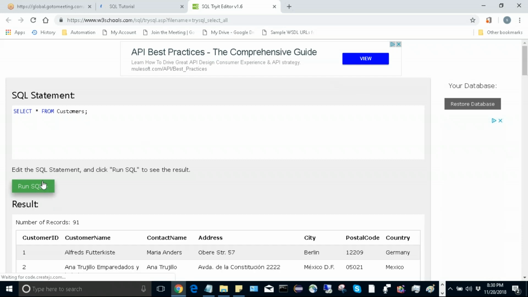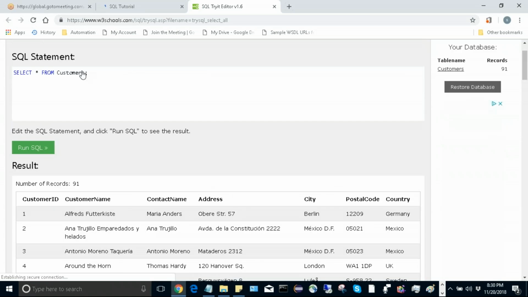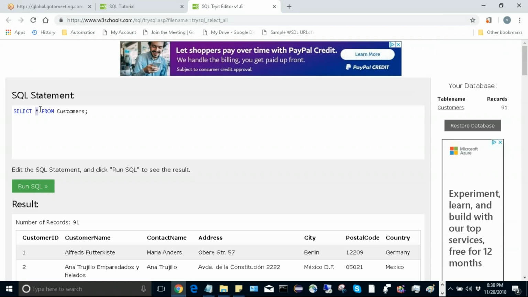Okay, I'm simply running. Yeah, so it retrieved the data from the table customers. So instead of star, I can just mention customer ID, comma customer name